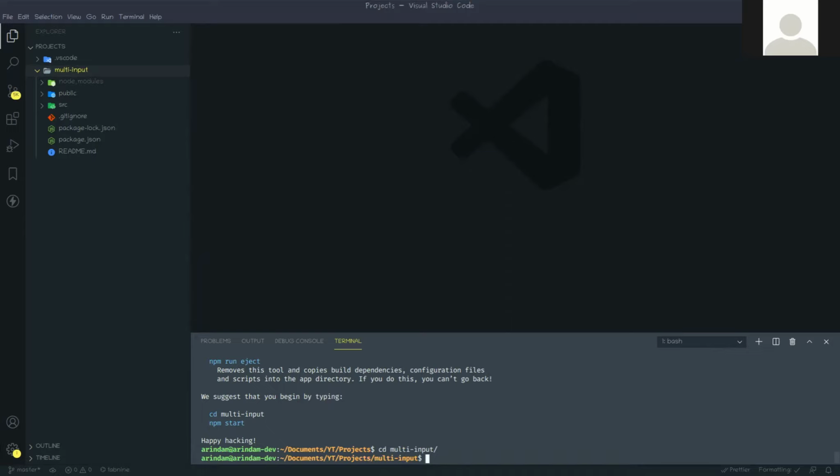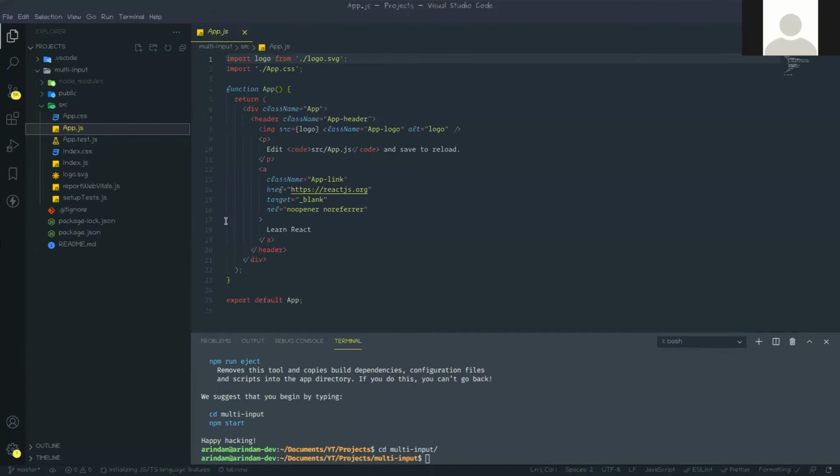Here, like in this App.js. Okay, first we need to install some dependencies. Like for designing the text box and all those things we are using Material UI. Okay, so for that you need to install that Material UI. So npm install @material-ui/core.